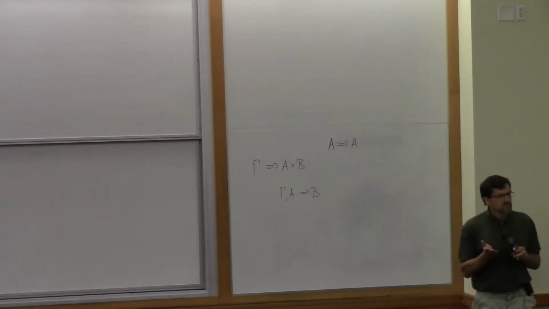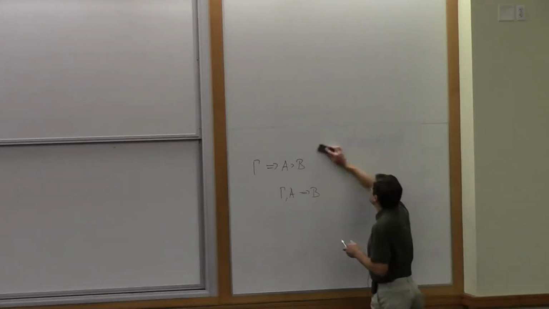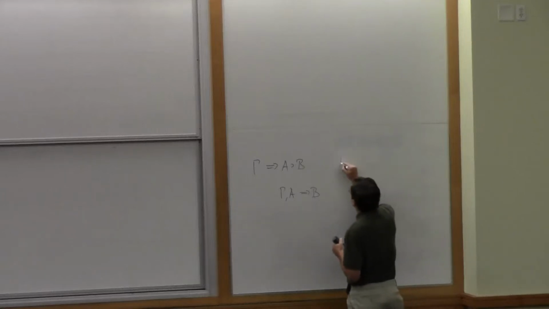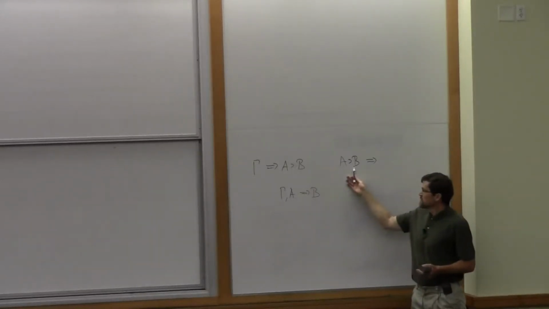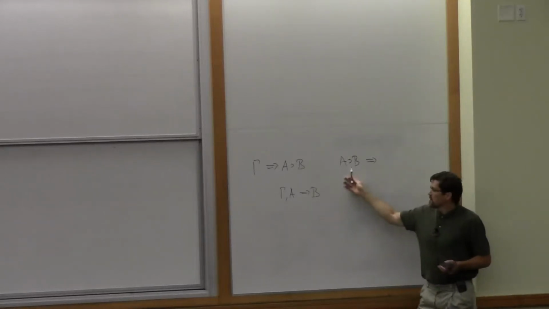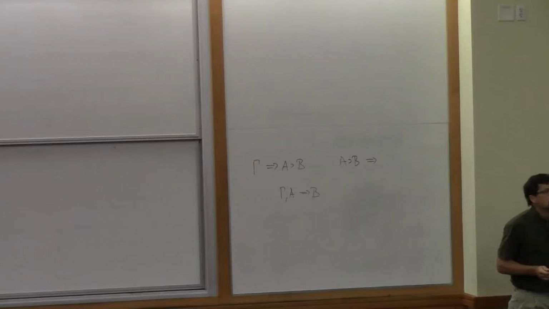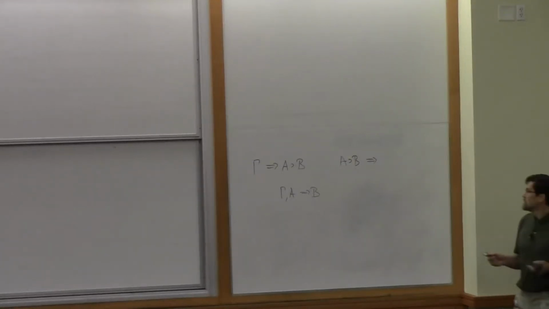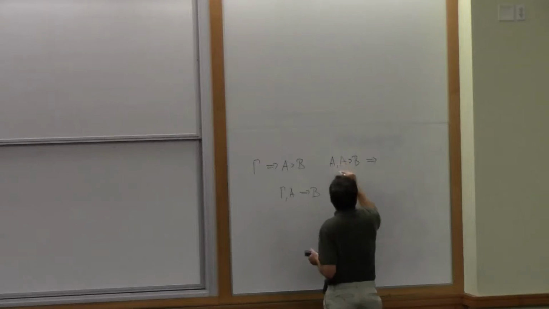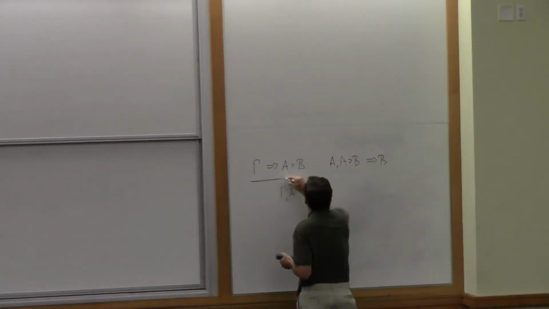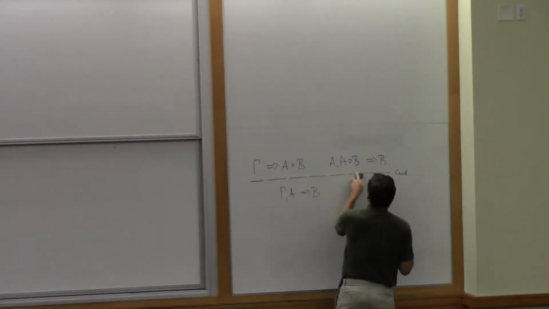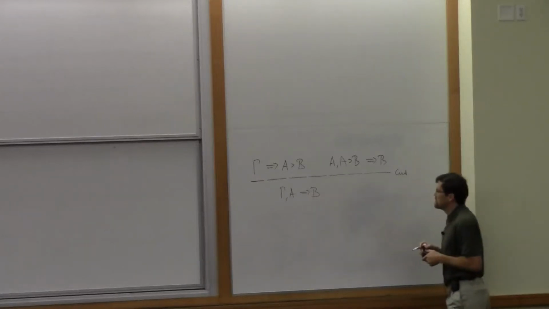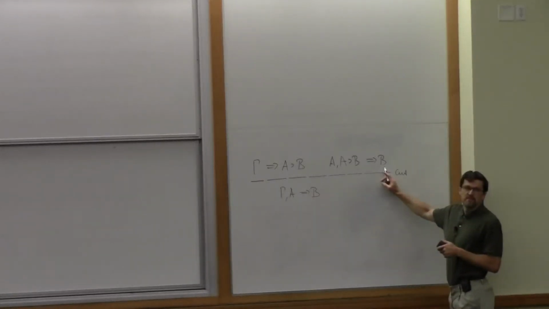Okay, so we need cut. That's why I already gave you that hint. In order to have a cut, we need something else with A implies B on the left-hand side, right? We have that, if we can cut it against something to get that conclusion. What could we cut it against to get this conclusion? So we have to add A here, and we have to add B here, and then we could do cut. So this should be an admissible rule. It's a theorem about the system, so we're not actually applying an inference rule. How do we prove this?